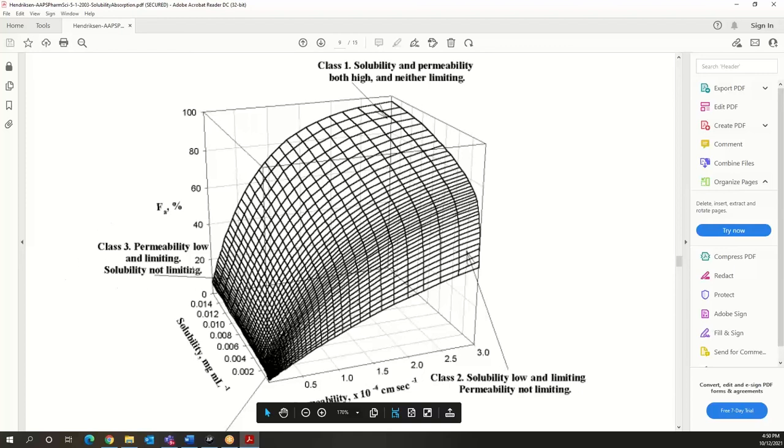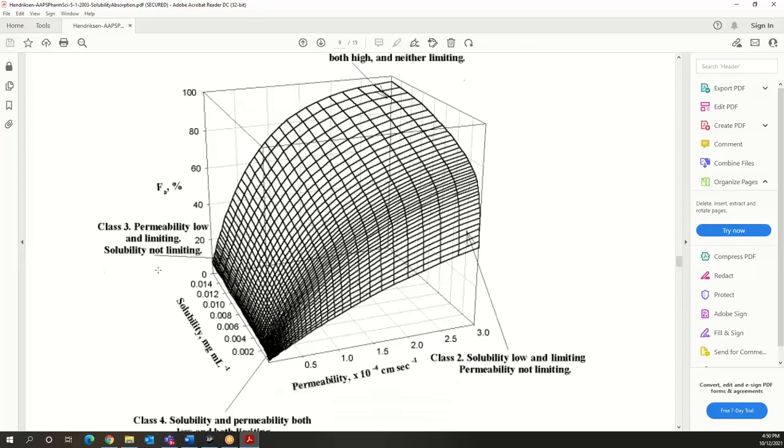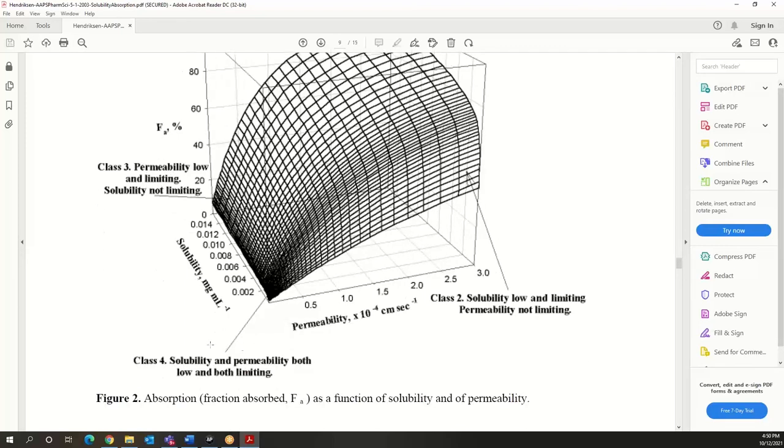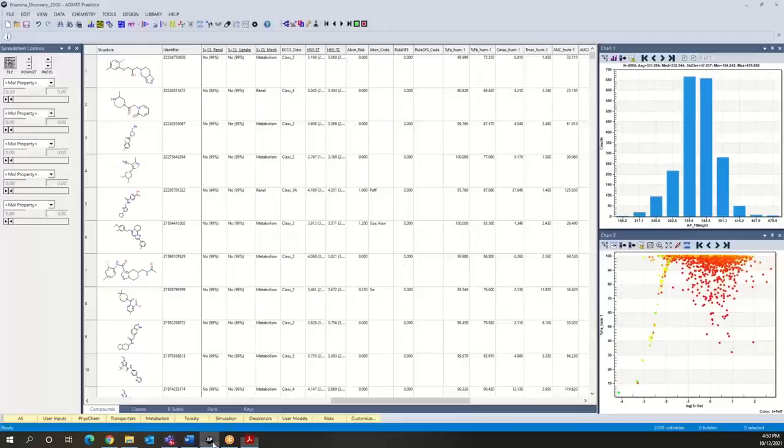Then you have class 3 compounds that are the reverse, low and limiting permeability and not limiting in solubility. And then you have compounds that are limited by both permeability and solubility, referred to as class 4 compounds. So again, what I showed you earlier in these plots, this particular plot is somewhat of a projection of that